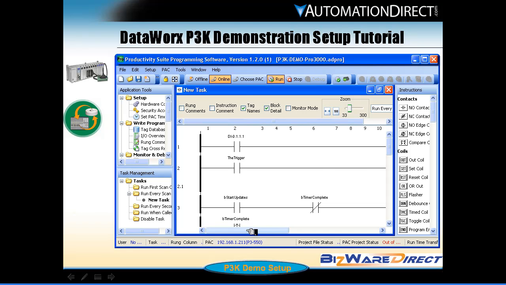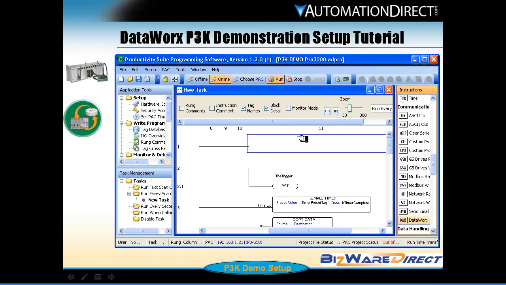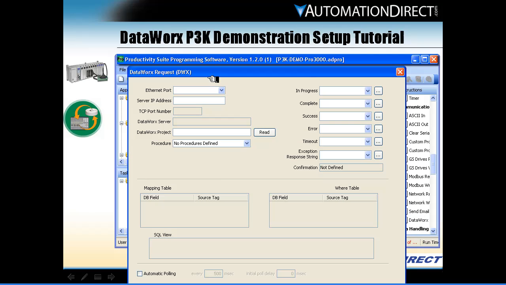Go to the right end of rung number 1. In the Instructions section, find the DataWorx request under the Communications area. Click and drag the DataWorx request. In the DataWorx request window, select the Ethernet port. Enter the IP address of the DataWorx server machine. In the DataWorx project field, click the Read button